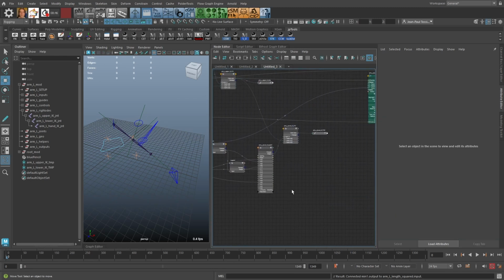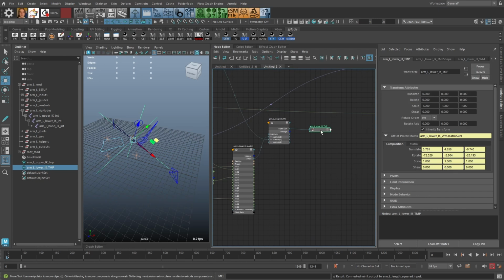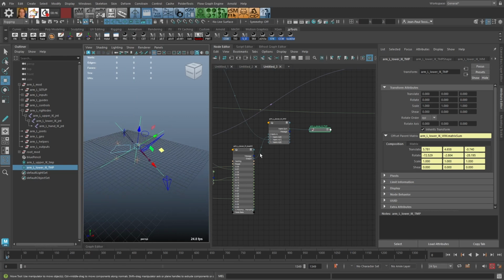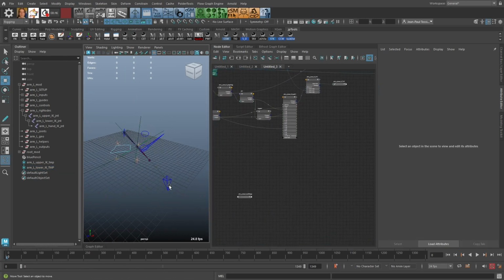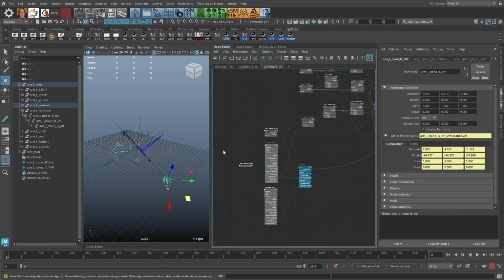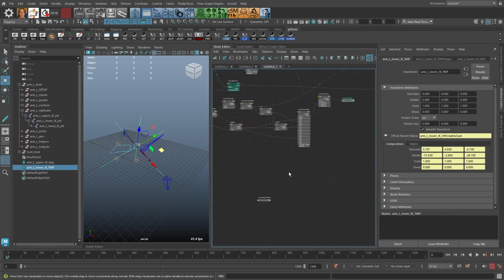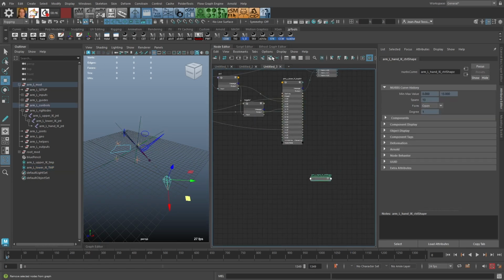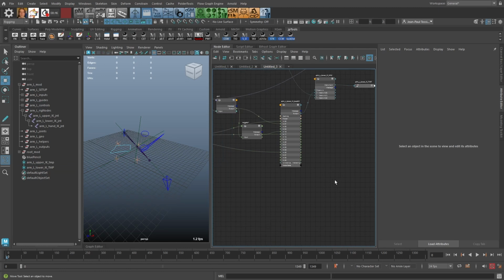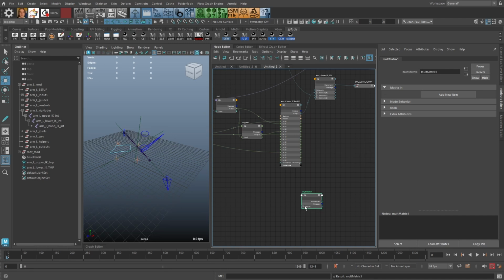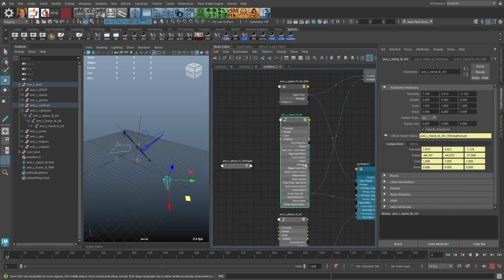Alright, so now we're back and we have an actual locator with no scale and at the correct position. So now we can take the arm, the IK worldspace matrix, and convert it to a relative matrix relative to this locator. So this one I don't need here. We can make the mult matrix node, and we can take the world matrix of the hand IK control,